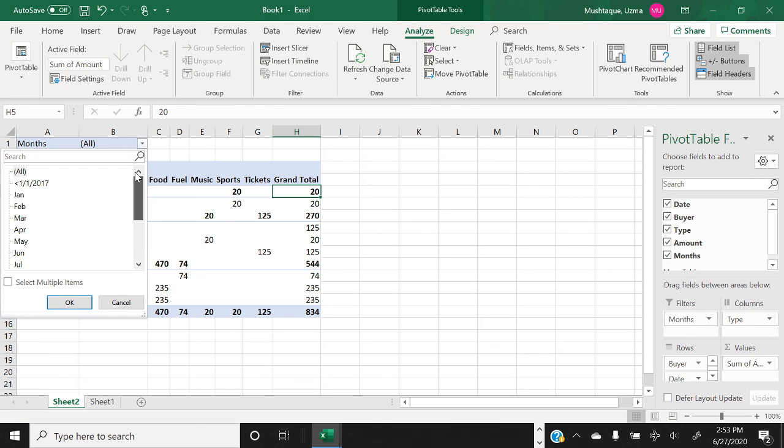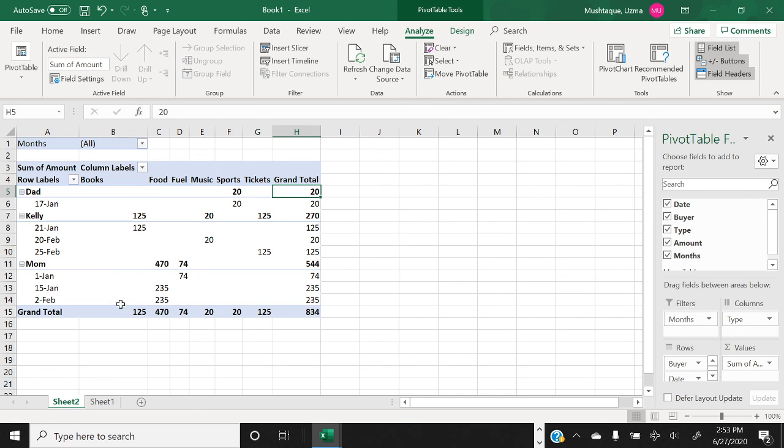Here we can pick and choose which ones we want to be included in the pivot table. So there is an option wherein we can apply a filter on top of a pivot table. For now, we will take this month, I'll put it back,